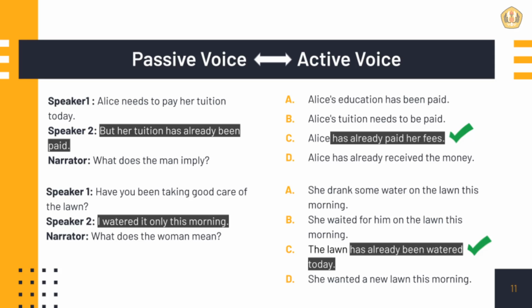And it's the other way around with the second example here. The second line of the conversation is in active form. I watered it only this morning, which is the response to the first speaker's question. Have you been taking good care of the lawn? You want to look for the answer with a restatement of the same information, but in passive form. And that only leads us to option C. The lawn has already been watered today. So,